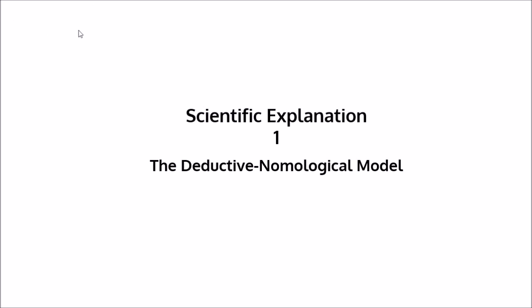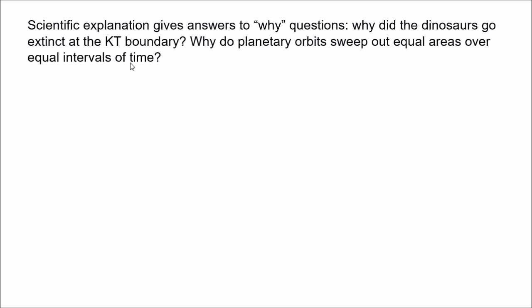As a preliminary point, it's worth clarifying what is meant by explanation. The term explanation covers many different things. We can explain how to do things, such as how to drive a car or how to use a computer, or I might explain the meaning of an artwork. Scientific explanation, however, is concerned specifically with answers to why questions. We want to explain why things happen.